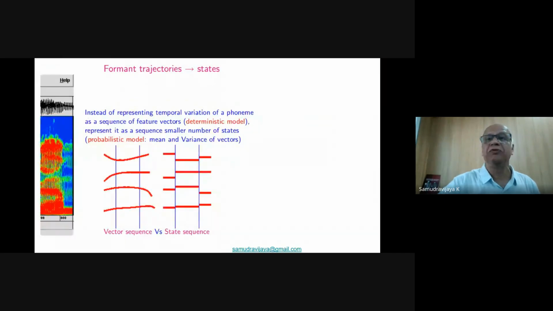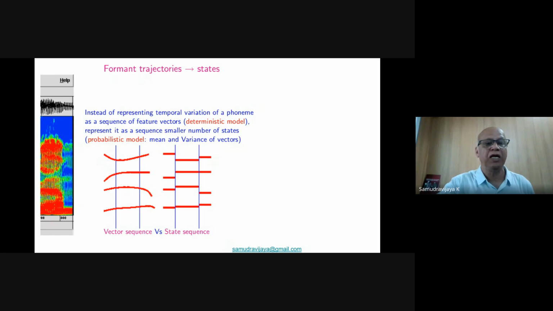Therefore, if you look at the variation of the formant frequencies of one vowel A, the first formant frequency was increasing, then steady. The second formant frequency was constant and then fell down. The third formant frequency increased and was steady. The fourth formant frequency was decreasing and then increasing. The fifth formant frequency was the opposite. So even within one sound, formant frequencies change. Therefore, we should not treat even one sound as a single unit, but as a sequence of three units.